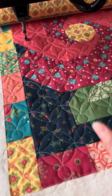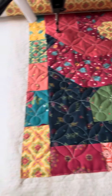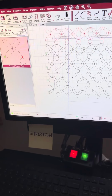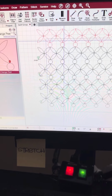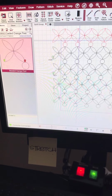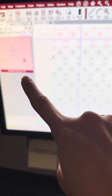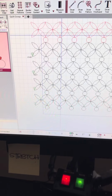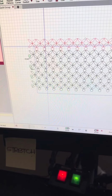So I'm going to show you quickly what I do to line these up. I am using the Gammill Statler and Creative Studio 7.5, I believe, whatever the new one is. I'm also in repeat pattern mode because I love edge-to-edge mode and actually use it more, but sometimes it stretches a design in edge-to-edge mode, and so I will use repeat pattern mode, which I did today. So I'm going to show you what I did